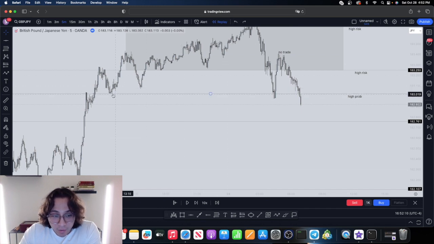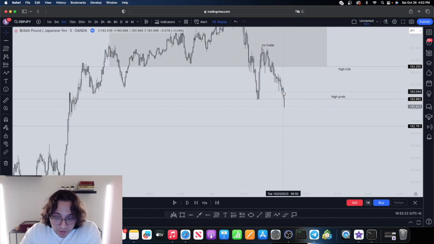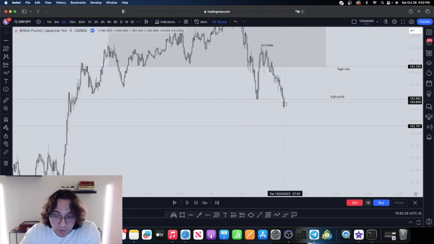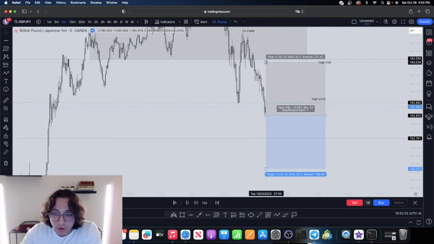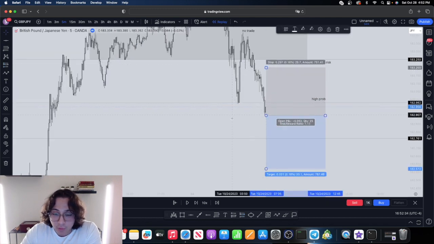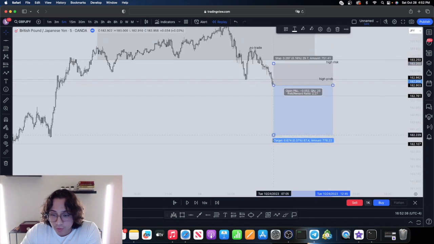So let me explain. We broke under, but price action did not maintain under. It just kept pushing to the upside. Now this is an area of support where we're going to mark up. So we're going to mark up our support over here, and we're going to wait for the candle to fully break under. So check this out. Price action fully broke under over here. Now we're going to be waiting for the pullback, which is this pullback over here, and we're going to enter our trade under these zones over here. So again, zones, and we're going to do a 30 pip stop loss, and then obviously a 1 to 3 risk to reward. So we're going to do a 1 to 3, which is 100 pips